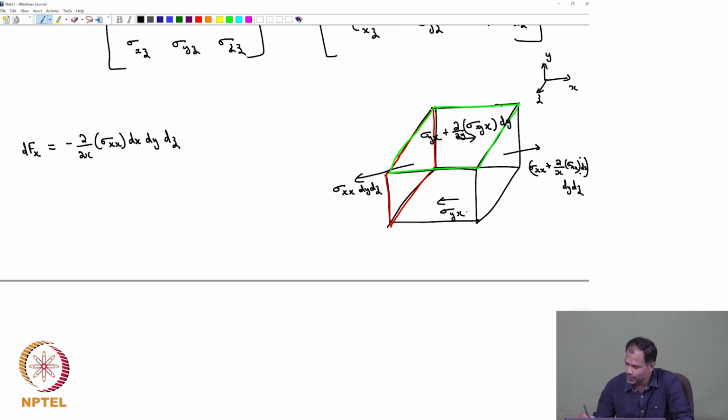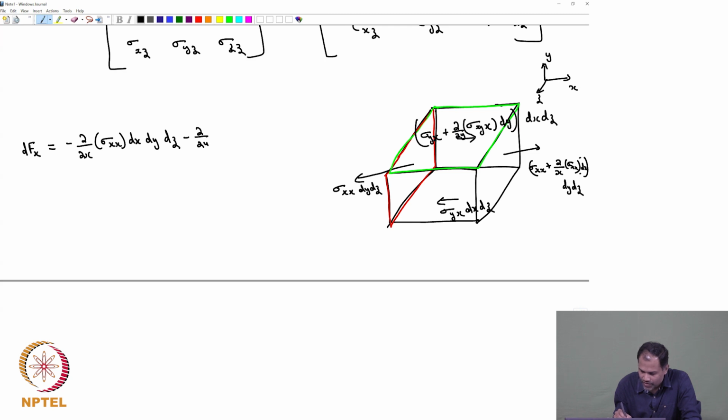And if you want to talk about it as force, it is times dx dz. So, that is a force that is acting in x direction, but on the area that is perpendicular to y. So, equal to this, then plus